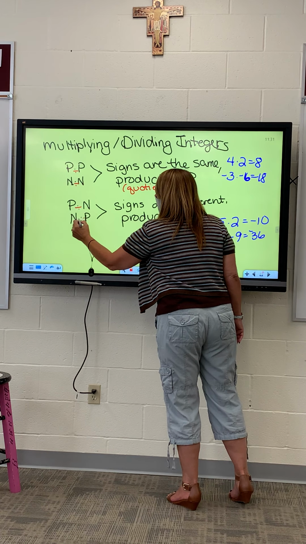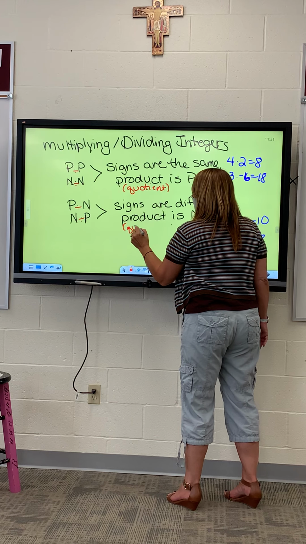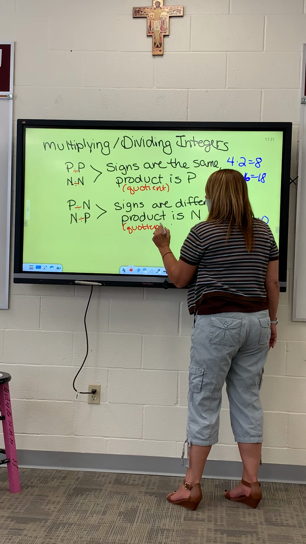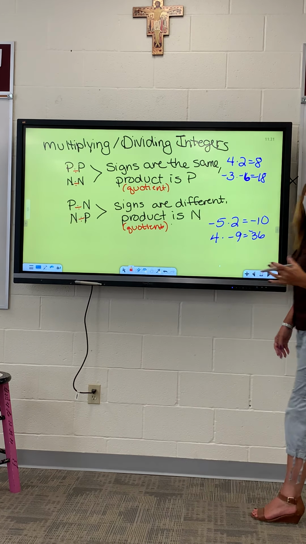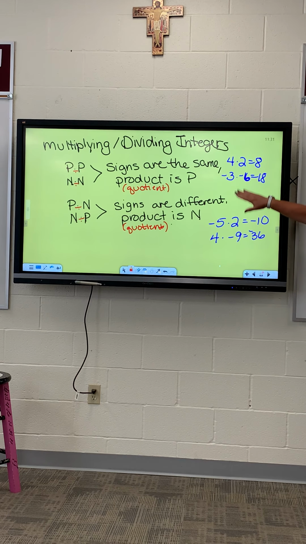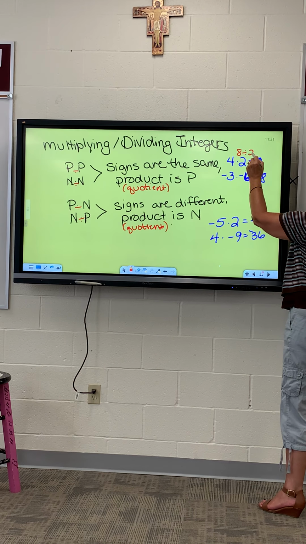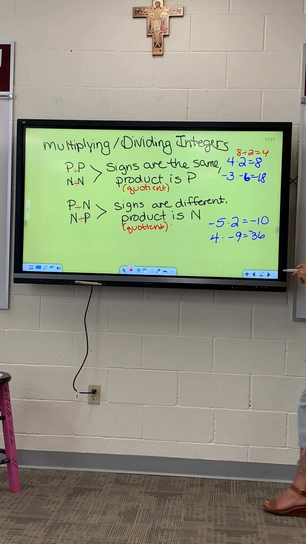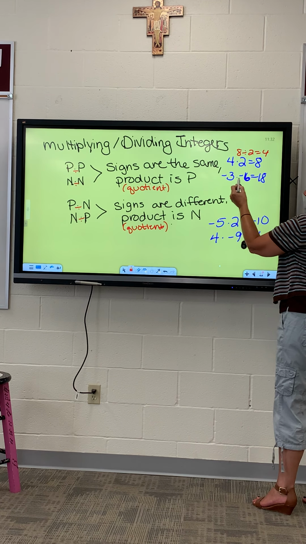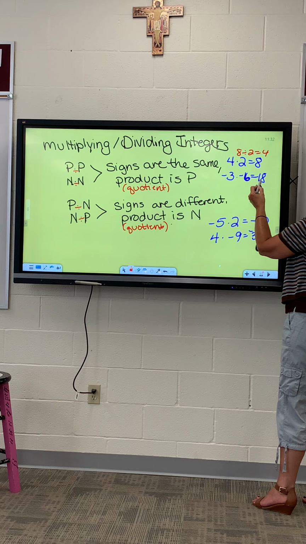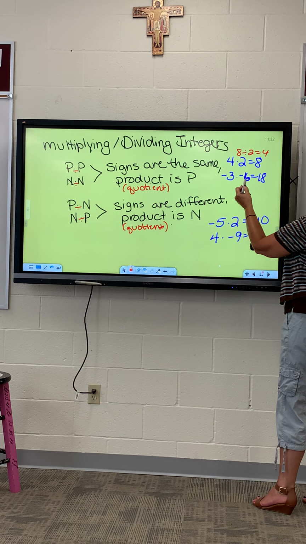And if this was dividing, that still holds true. Why is that? Because look at the ones we have set up here. If 4 times 2 is 8, then 8 divided by 2 has to be 4, right? Those fact families you learned about when you were younger. So if negative 3 times negative 6 is 18, well then 18 divided by negative 6 has to be negative 3,